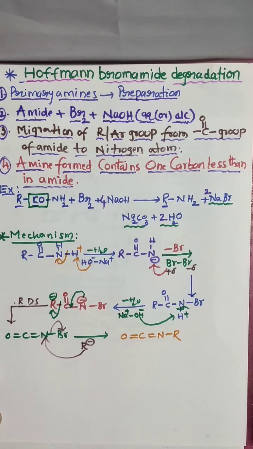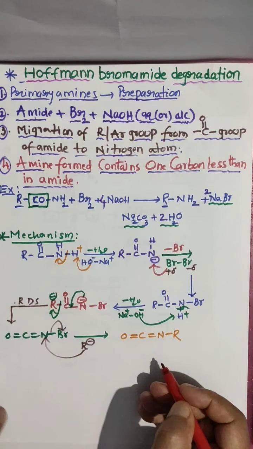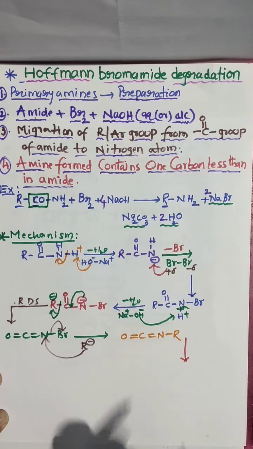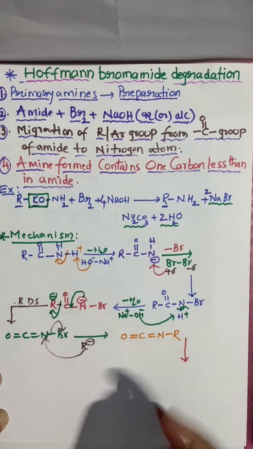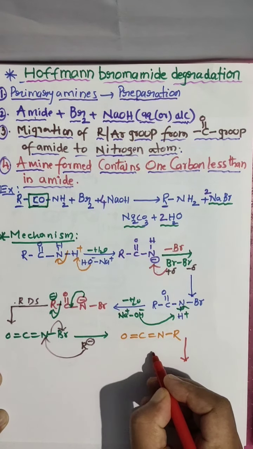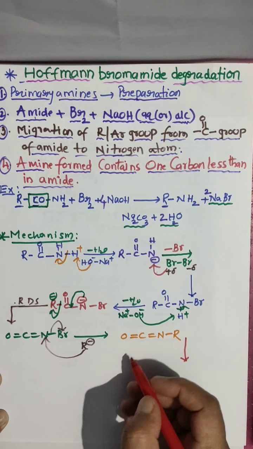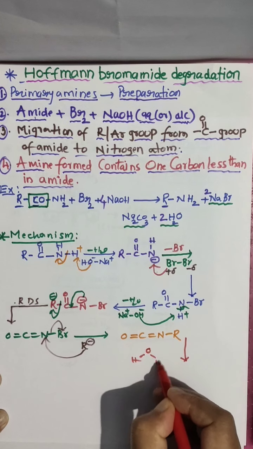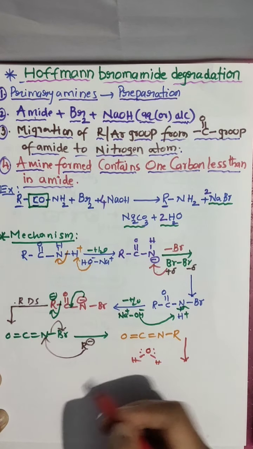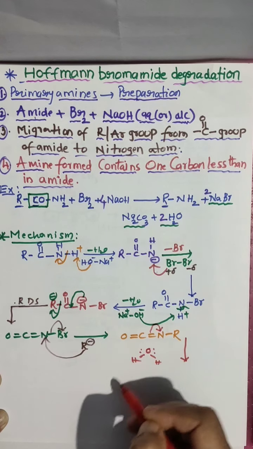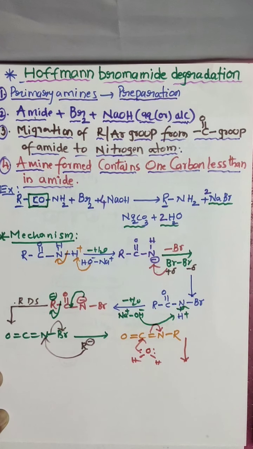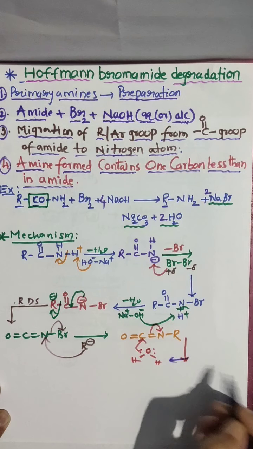Then immediately in the next step, a water molecule comes into play for the reaction. Water will attack here. So you know very well water, and this carbon has 4 bonds now already. Water I am taking here like this, O, H, H, 2 lone pairs are there. This bond is shifted to here now. Then this carbon getting free valency, it will attack on here. Clear? Water will attack.